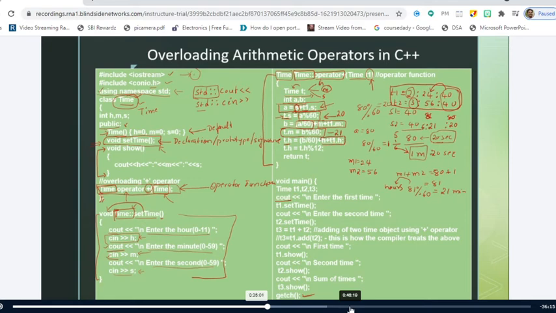Here we will get 5, and this is 1. So 5 plus 1. And what he is doing, he is asking us to enter the time between 0 and 11 only. So the time should be written which is less than 12. So this is how he is writing. Is it clear? Yes, sir.